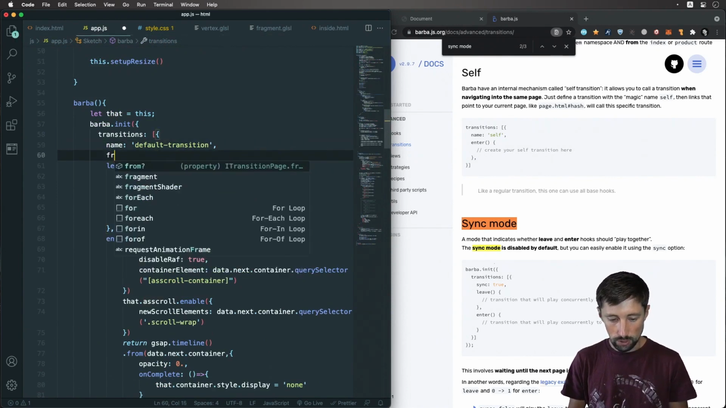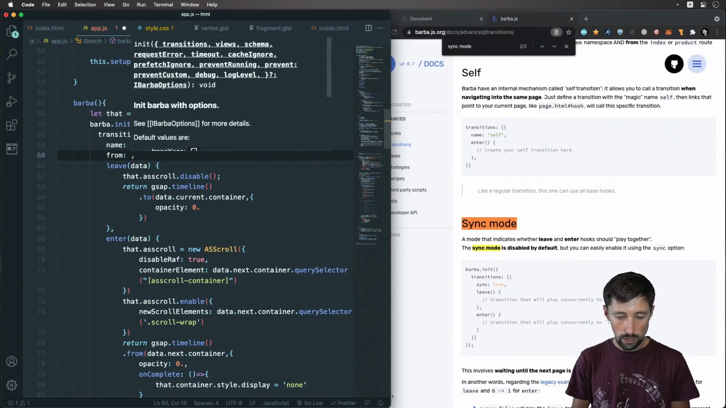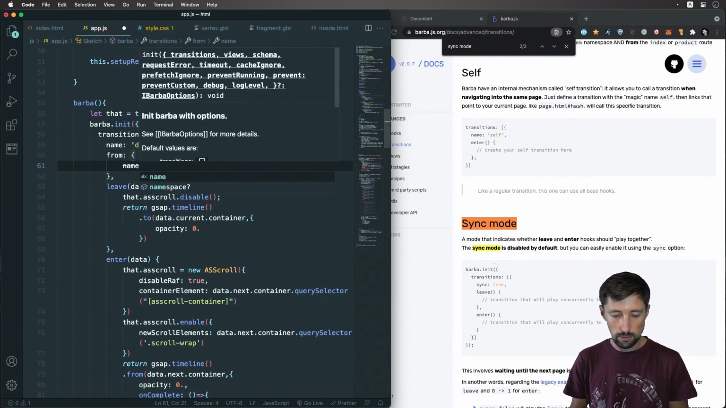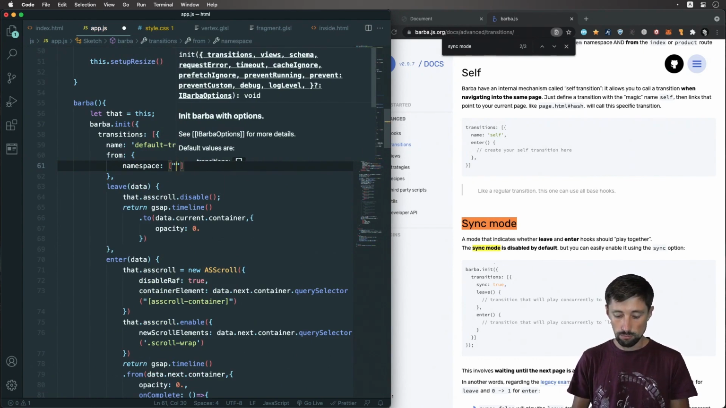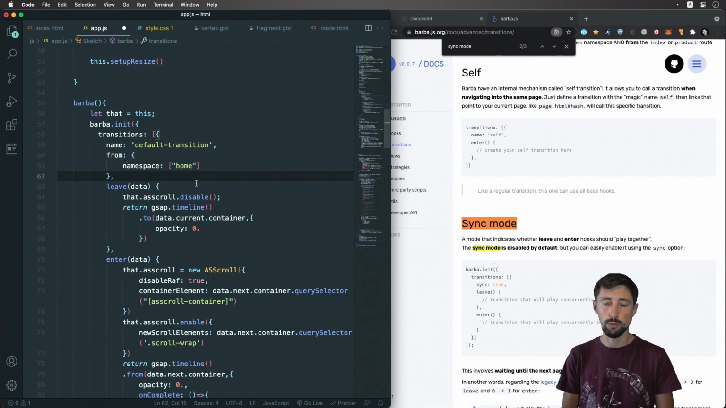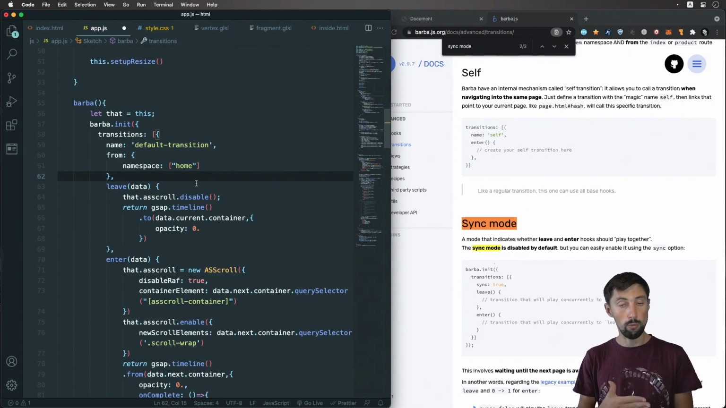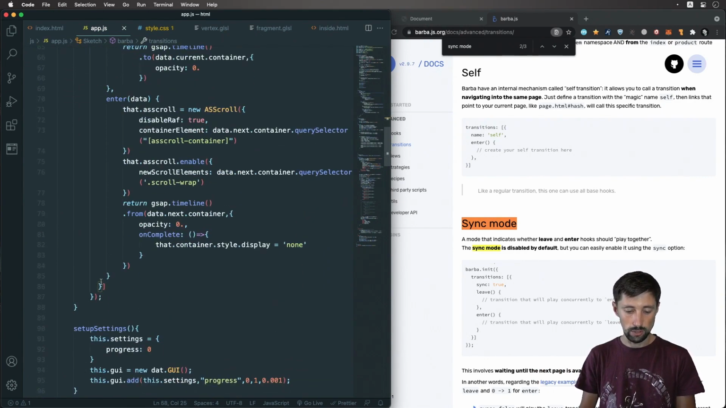So here is going to be another property, which is going to be from, and then it's going to be namespace, and namespace should be an array, and it's going to be from home. So this transition now will be only used when you animate from home page to all the rest of the pages. So now we need to copy this transition and create another one